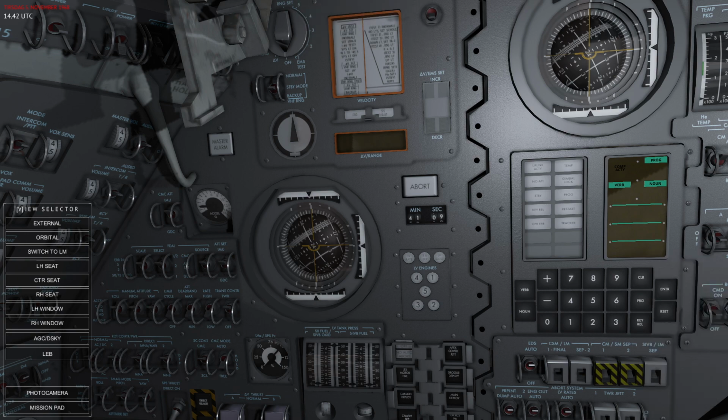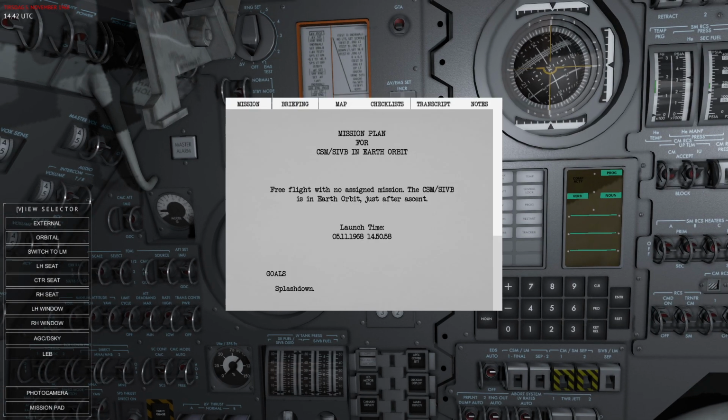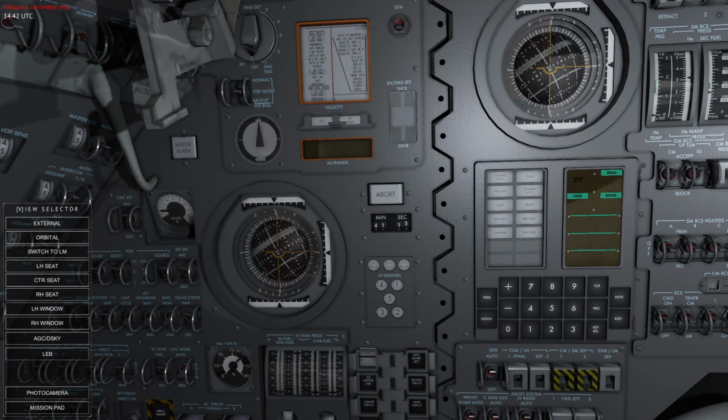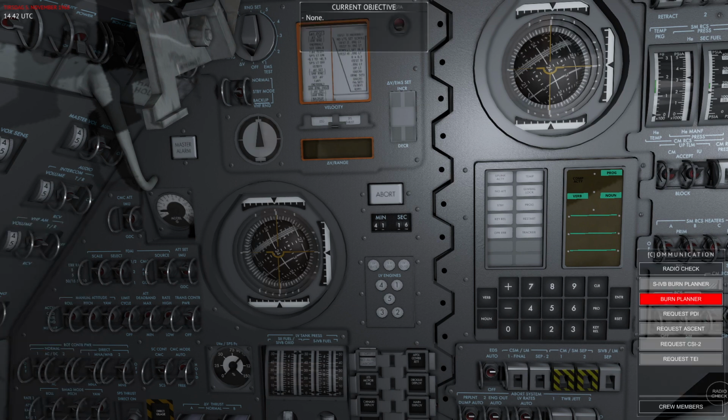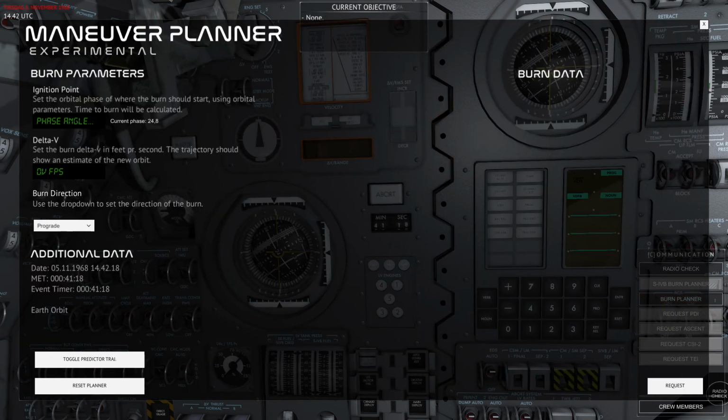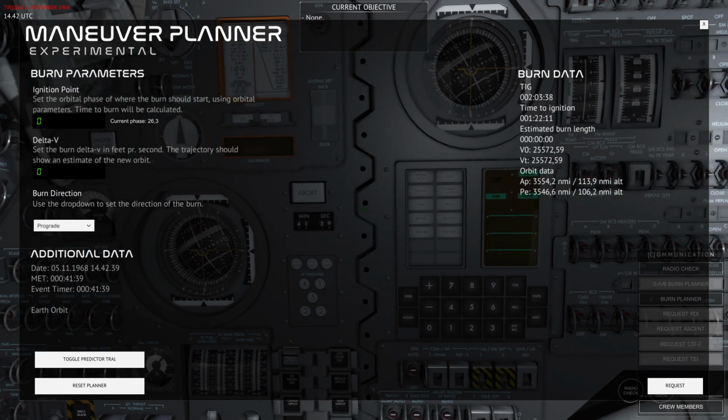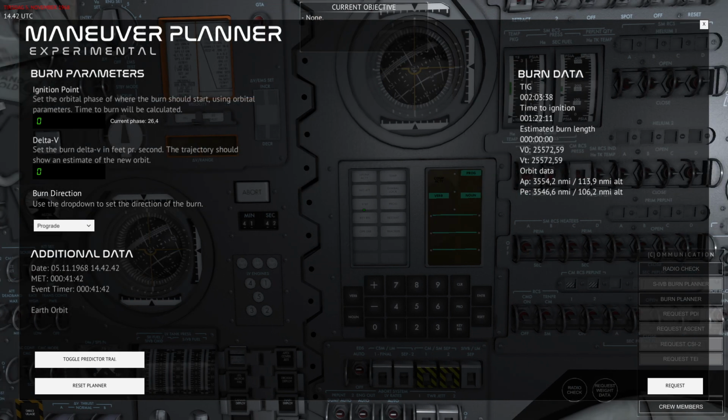Okay, so first of all, I'm going to just open the maneuver planner, and that's done with the burn planner button here, and you can see that this is just the same tool that you've seen before. So I'm just going to hit 0, 0 in this one. And you can see that I'm currently in an orbit of 113.9 nautical miles and 106.2 nautical miles of altitude. So it's an elliptical orbit. And what I want to do now is to